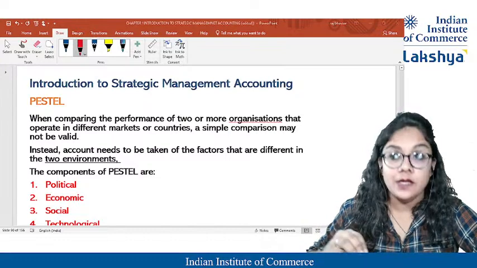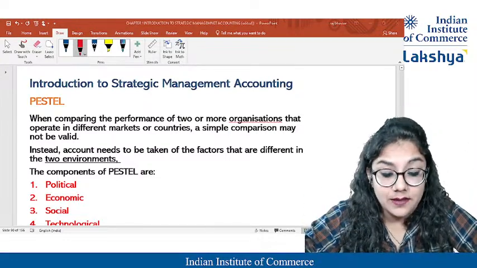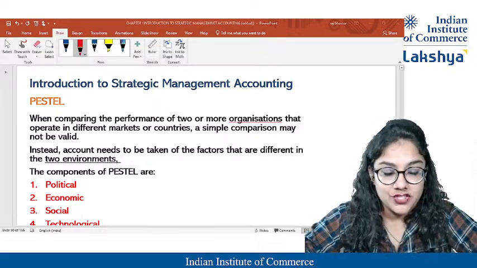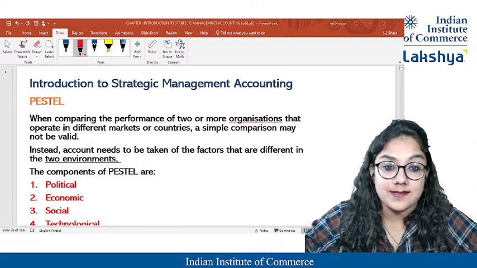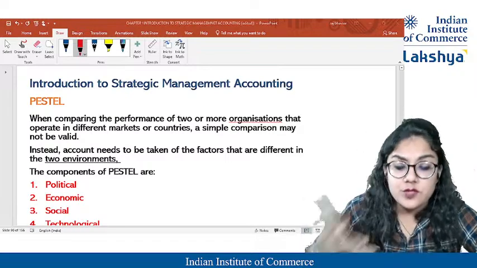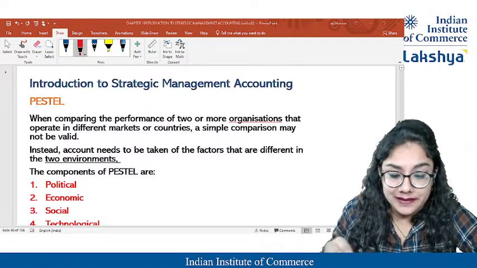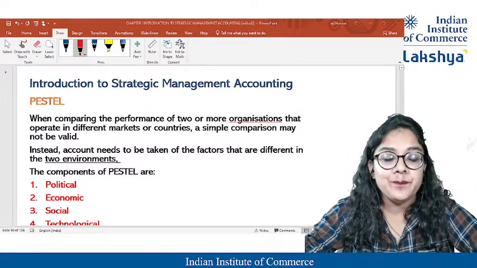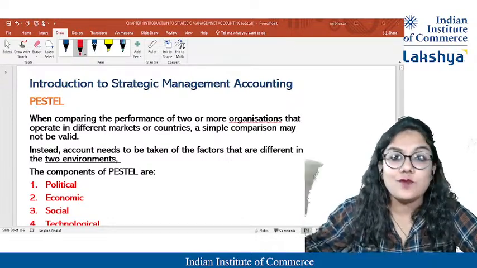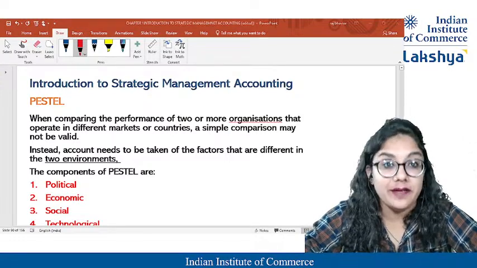What is important is that I always have to see the external analysis. Even in the show Shark Tank, business investors ask, first of all, you have to understand the market first. And market means what? It's the macro environment. I need to understand the environment, which is a primary thing. If I don't understand the environment, I may develop something which is going to ruin things. So yes, it is very important to understand the environment first.